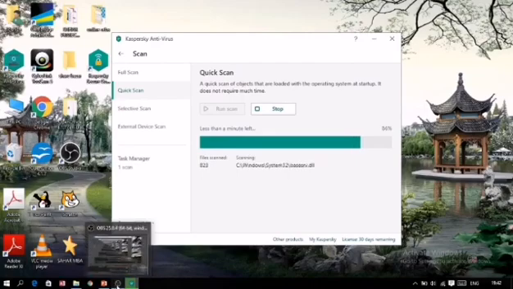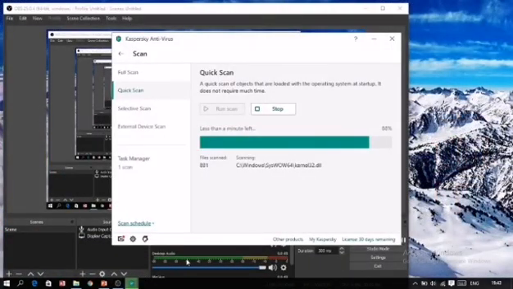Okay, now let's see. It's about to complete. 87%, 88, only a little amount is left. Then a message will be displayed on the screen. If it does not contain any infected file, then that message will be shown, and if it contains an infected file, then that particular message will display on the screen. Now you can see it here.